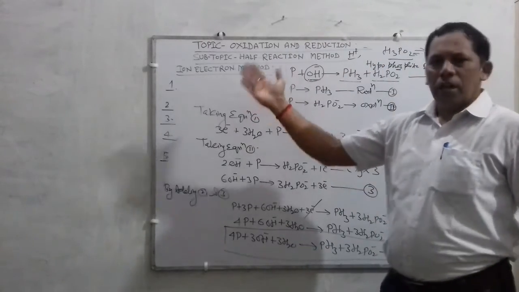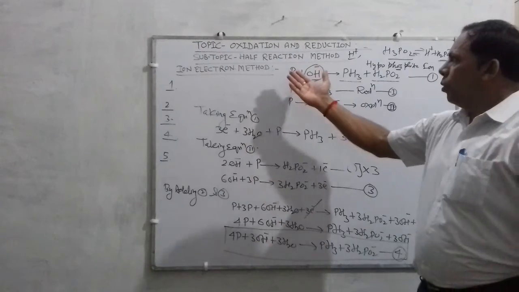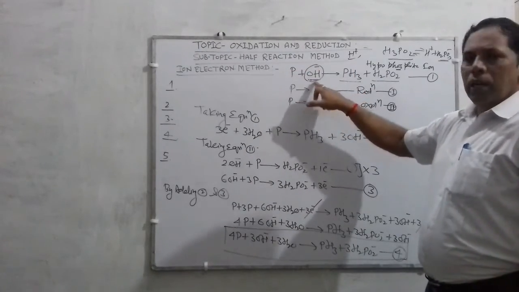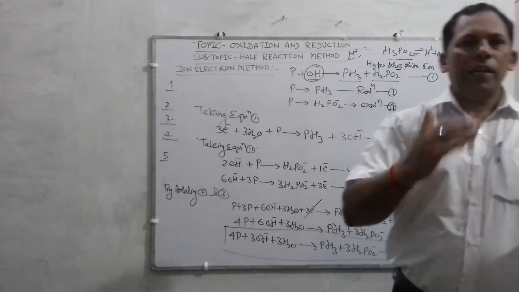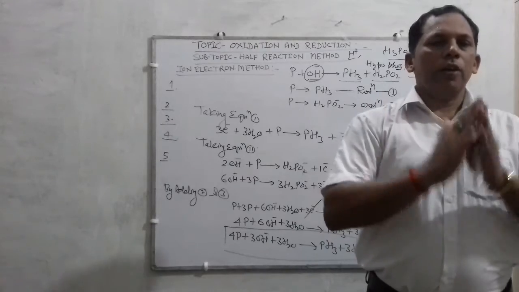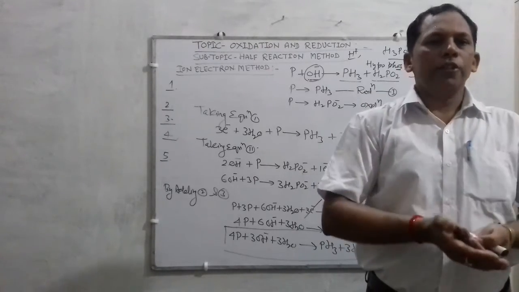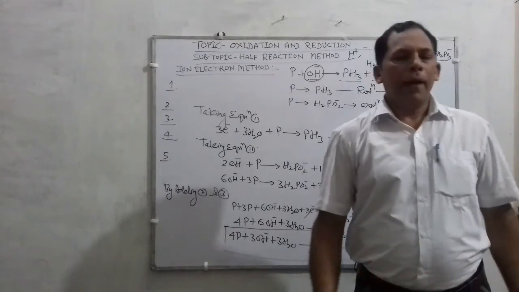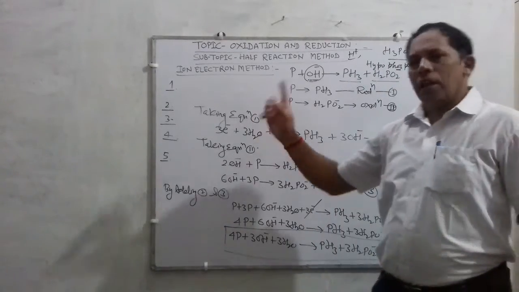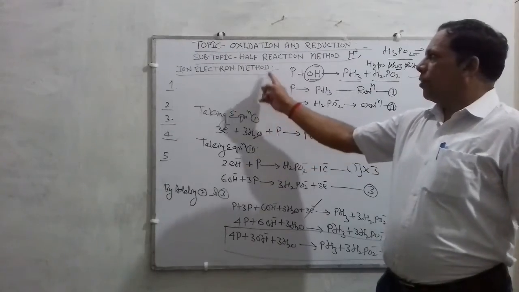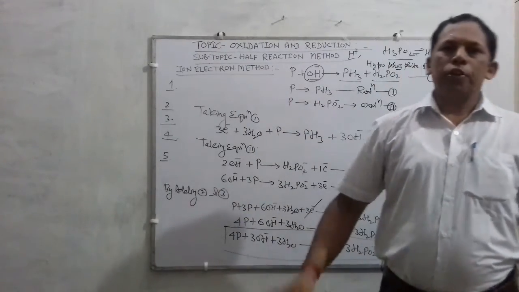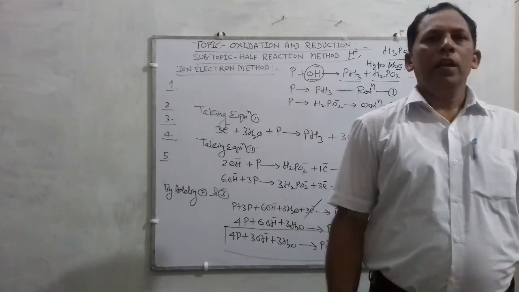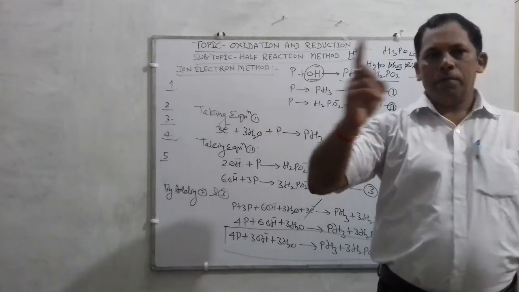Alright? In the next lecture, I will describe how reactions are balanced in acidic medium, and I will also explain what the oxidation number is, and how from oxidation numbers chemical reactions can be balanced. Alright, children? So this is all about balancing of half reactions. Thank you very much. Listen sincerely and remember them.